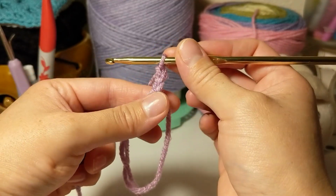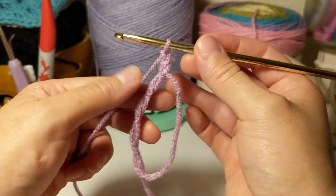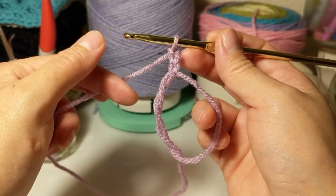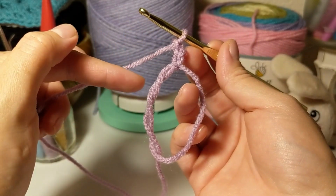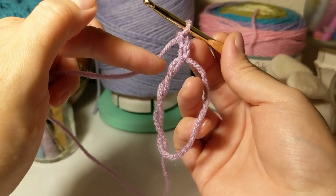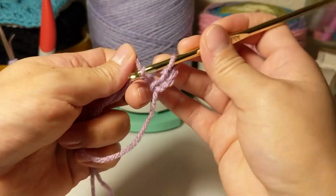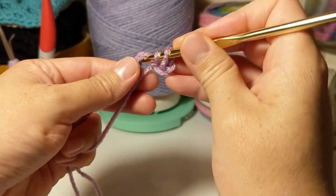Okay? And this one is going to act as our first double crochet. And we are going to need a total of 8 double crochets within this magic ring here. We're going to need 8. So that counts as 1, so we need to do 7 more. So we'll go in,